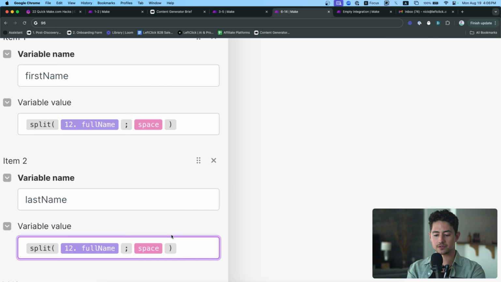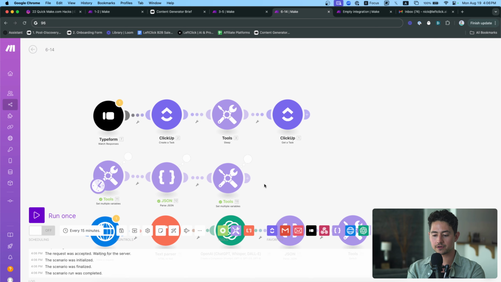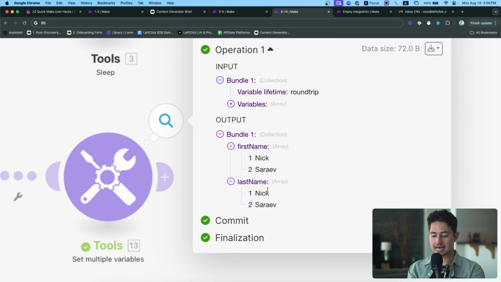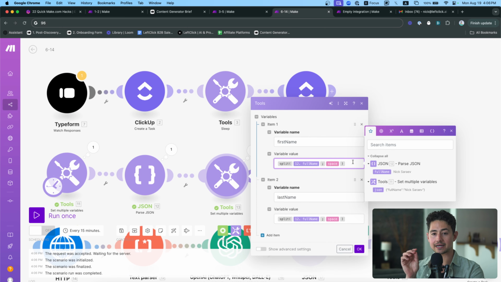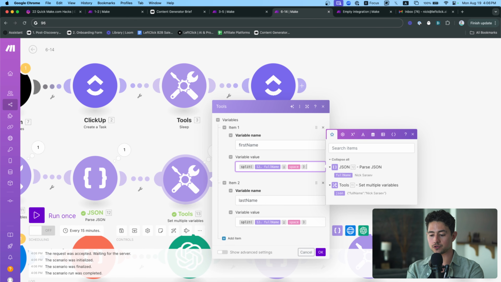Now, I'm just going to copy this in both here. If I were to do this and then run, what is the output of this? You'll notice that we now have an array with the first and the last name split into 1 and then 2. So we've already done half the battle. All we have to do now is select, or index, the specific element in the array that we want. And similar to the array indexing I showed you earlier, except instead of the dot notation, sorry, the bracket notation we were using earlier,